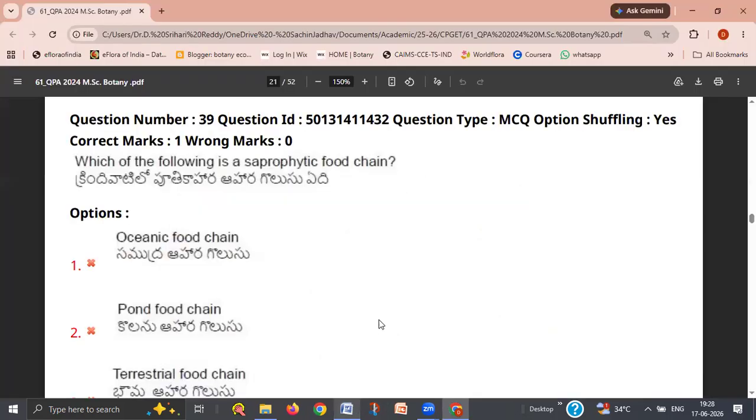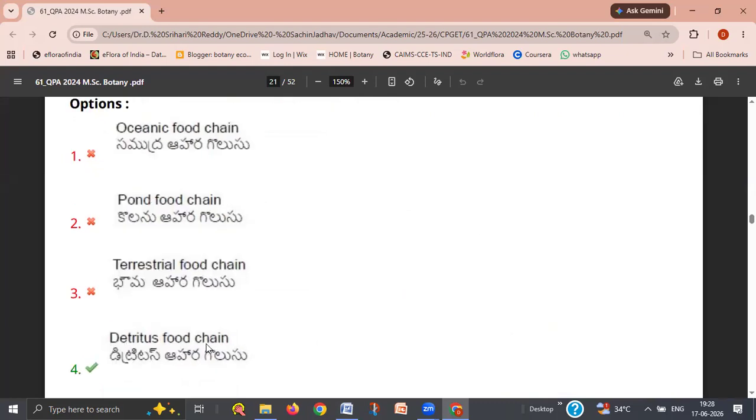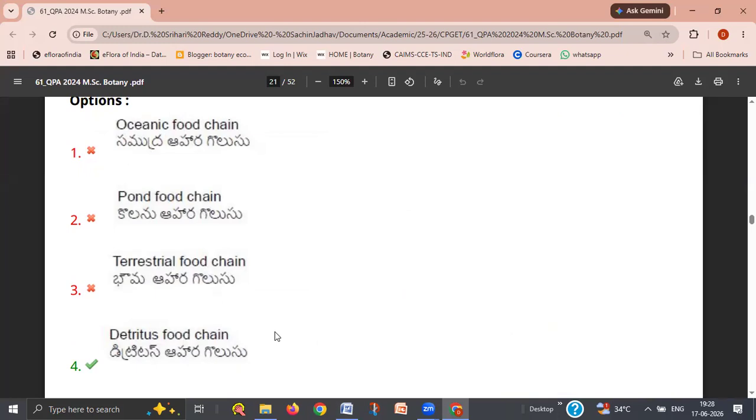So here they ask, which of the following is a saprophytic food chain? Oceanic food chain, pond food chain, terrestrial food chain, or detritus food chain? So the right answer is detritus food chain. It is started by dead organic matter. Next,